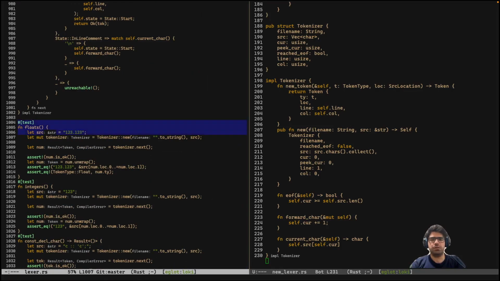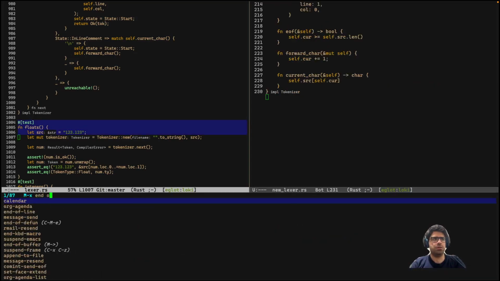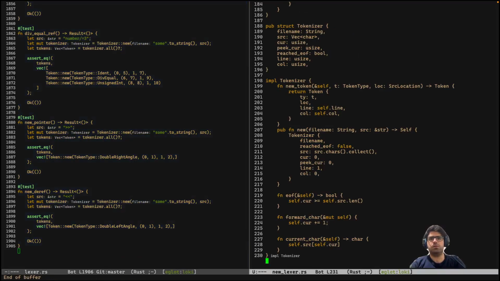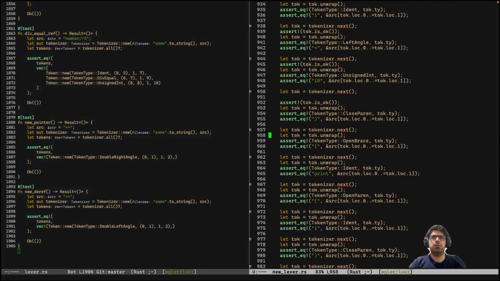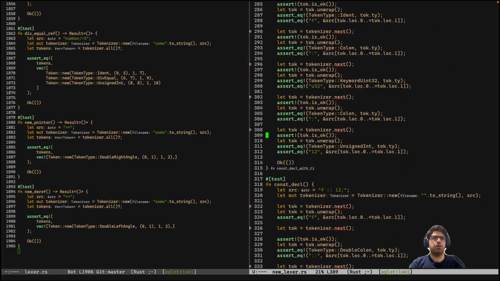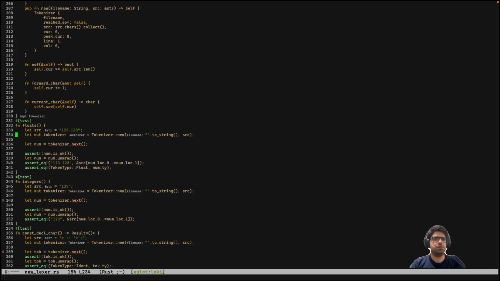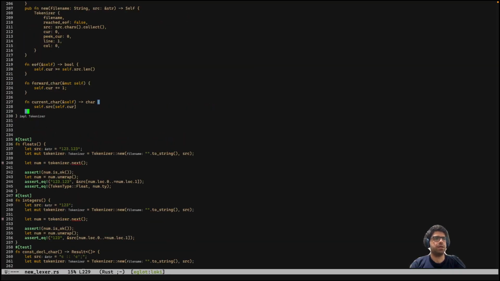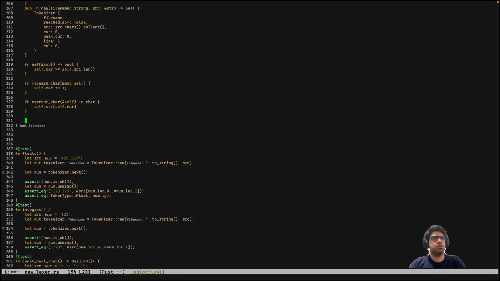How can I select until the end of the file? End of file, end of buffer. Yes, cool. So this is all I have. So let's kill this, zoom a bit out. Okay, so these are all tests, but this is the implementation. So now if I do public function next, which emits a token for me,